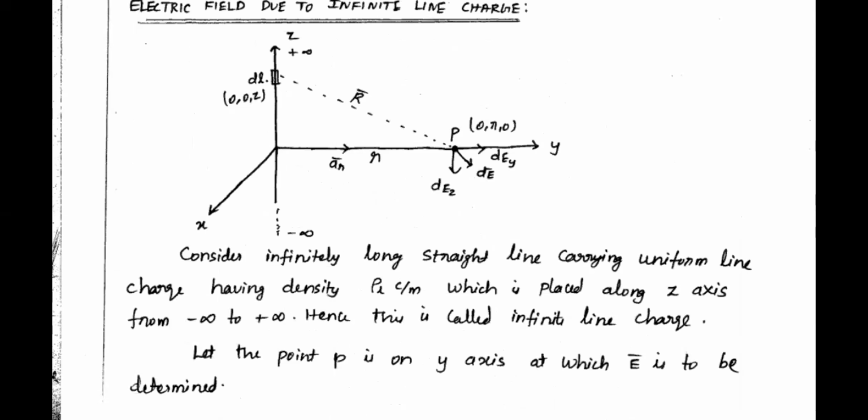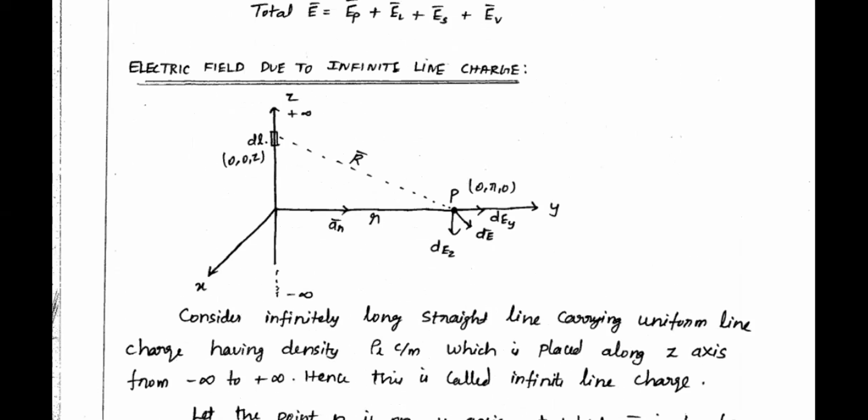Anyway, a few classes before, we discussed what is a point charge, line charge, surface charge, line charge density, surface charge density, volume charge density, and their relationships. Everything we have seen. Then directly I will go to electric field due to an infinite line charge. Before going into this, I will give you some intuitive idea.